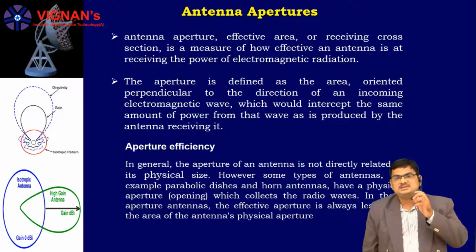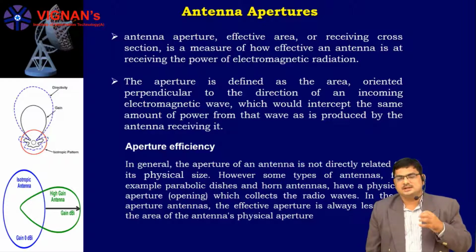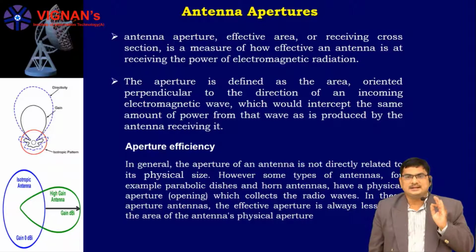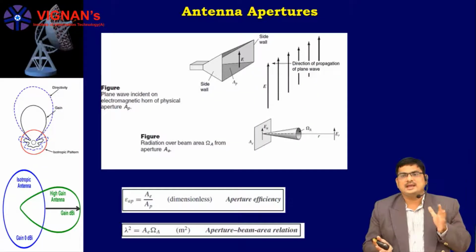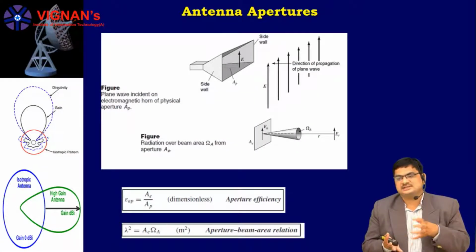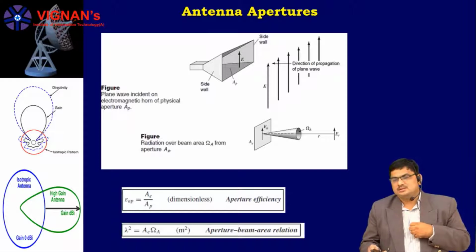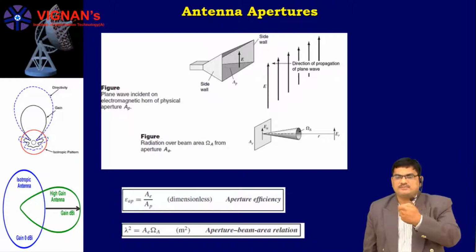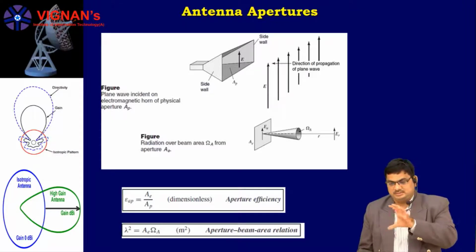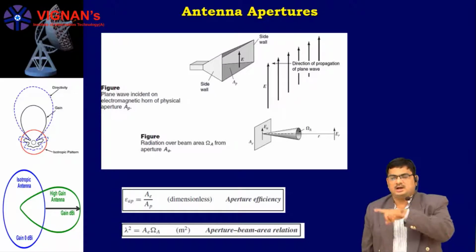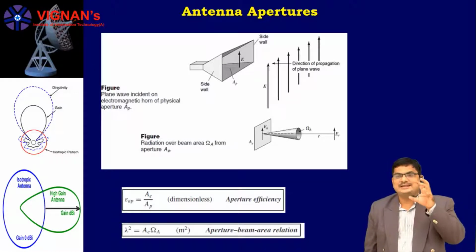In this diagram, for example, we are using a receiving antenna, taken as a horn antenna. At the antenna side, the face of the antenna is very wide, like an aperture, like a horn structure. There the direction of propagation is perpendicular to the electric field. The open face is called the antenna aperture.